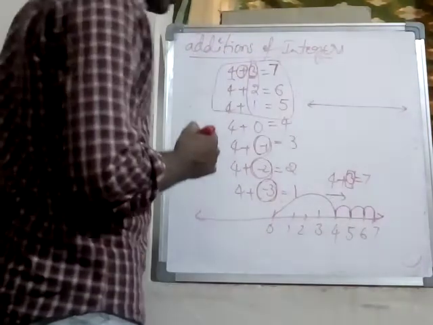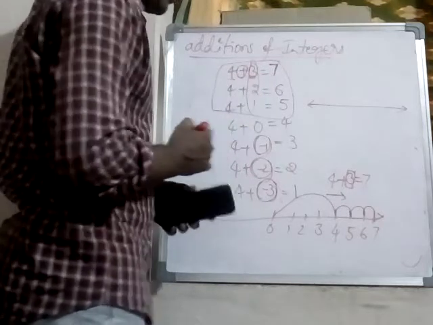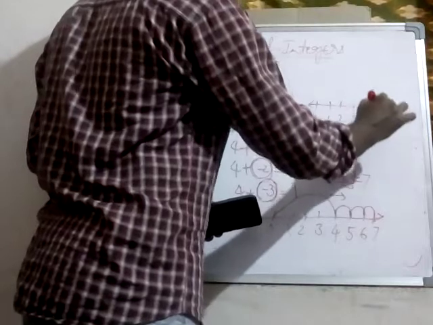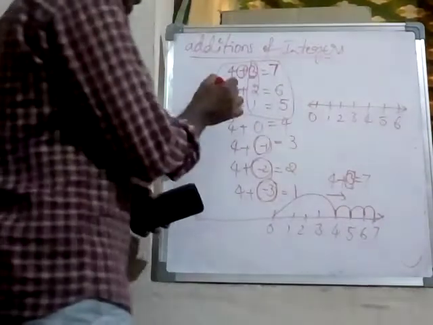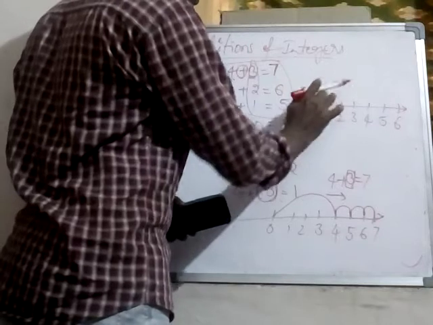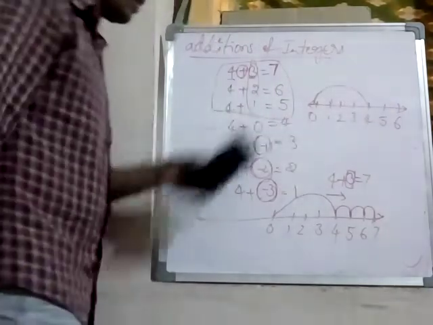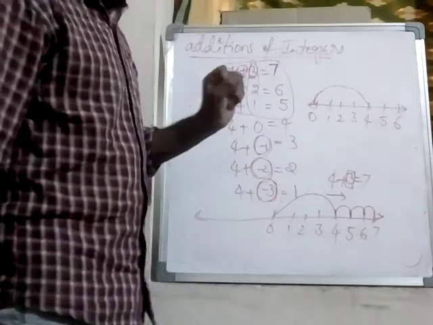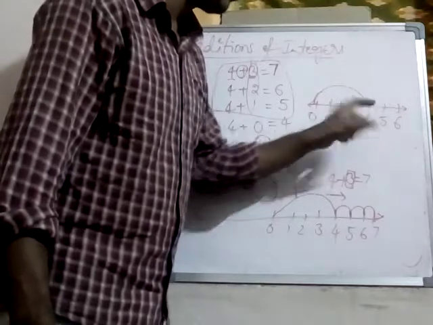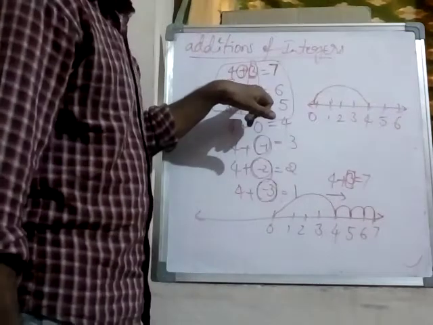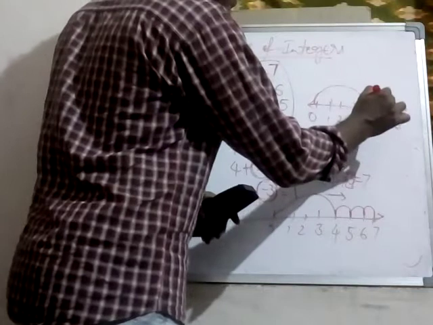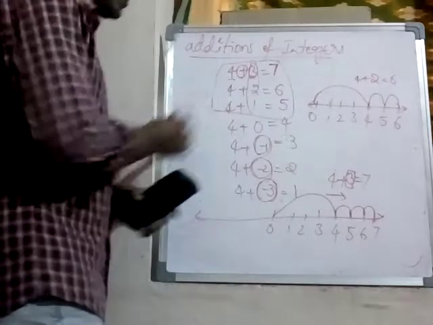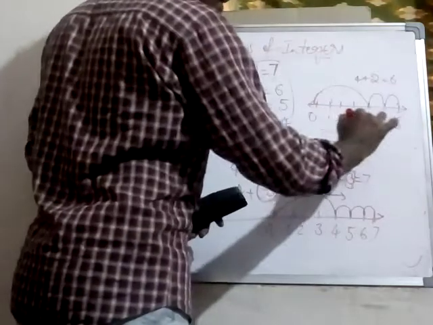See this next one, second one, 4 plus 2 is equal to 6. 0, 1, 2, 3, 4, 5, 6, like this. So the first one is 4 units, starting from 0, 4 units. Add a positive integer. If you add a positive integer, move right side. So you have 6. How do we get 6? Compulsorily we have to move right side. How many units? 1, 2 units. Here 2 is there. So that's right. If you add a positive integer, compulsorily move right side on the number line. 4 plus 2 is equal to 6. If you add a positive integer, move right side on the number line.